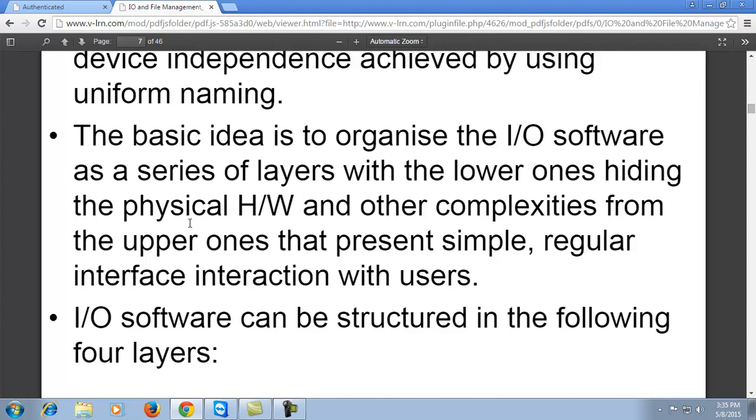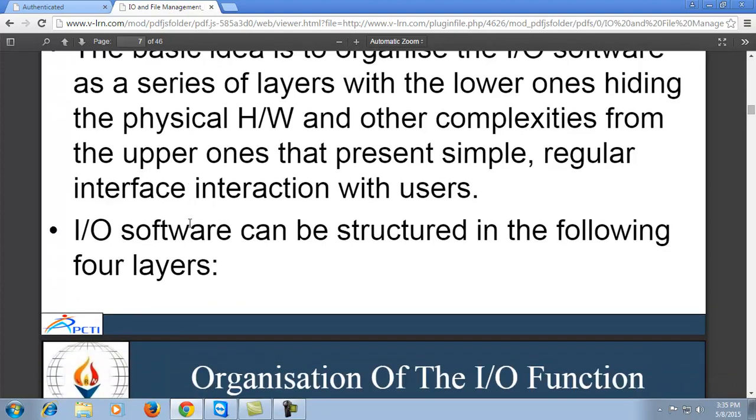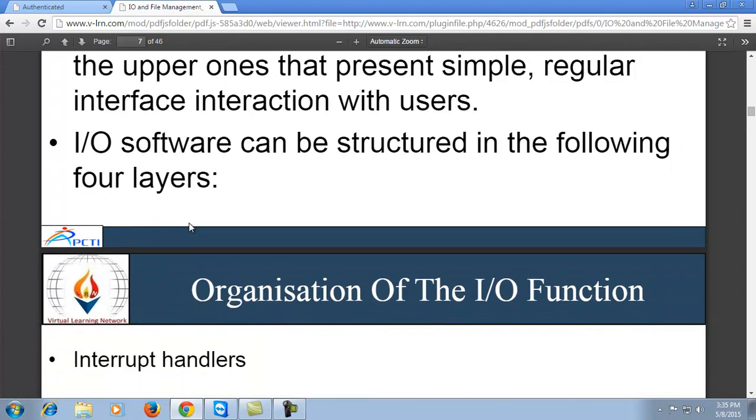So these files need to be carefully stored inside the memory and require some kind of backup to recover them from the storage. Input-output software can be structured in the following 4 layers.